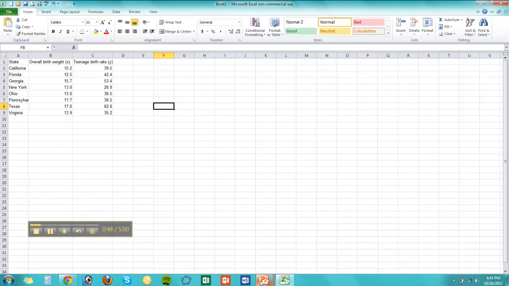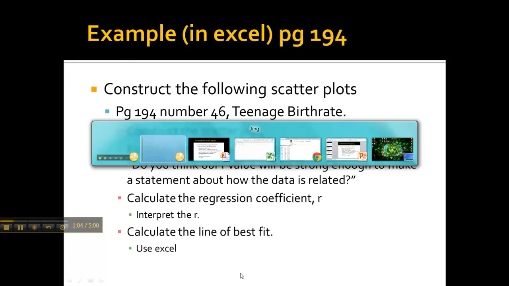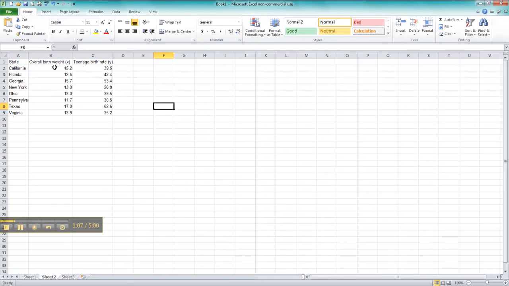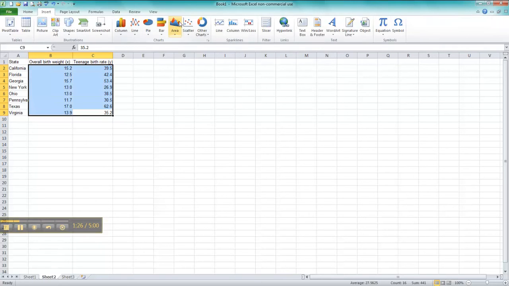So back to the PowerPoint for the directions. It says that I want to construct the scatter plot, estimate if there's a correlation, then calculate the regression coefficient, and then calculate the line of best fit. So we're going to go do that now. Excel to the rescue. So I have data categorized by state, overall birth weight, and the teen birth rate in that state. So we're comparing birth weight versus birth rate. So insert, scatter,